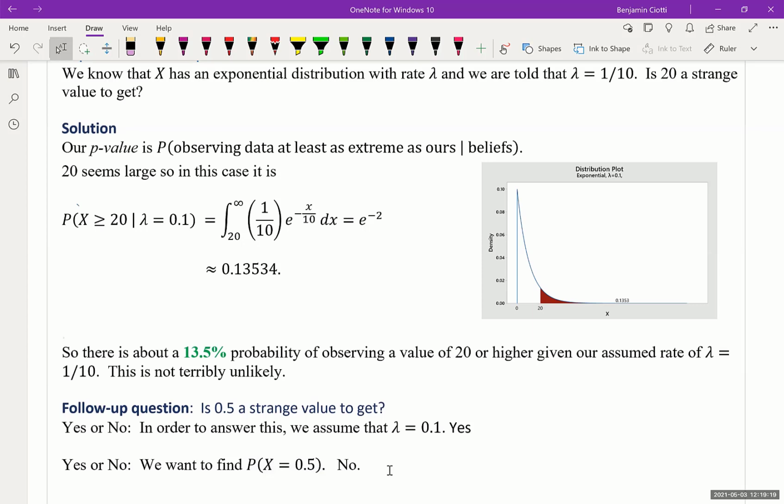Okay, good. Most people are saying no. In fact, this is definitely 0, because x is continuous. But even if it wasn't, that still wouldn't be what we want to find. Speaking of continuous densities,